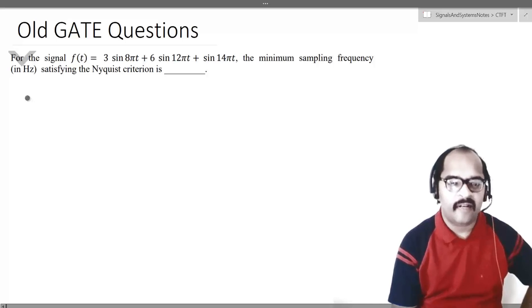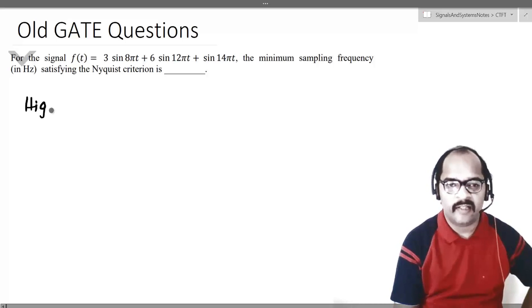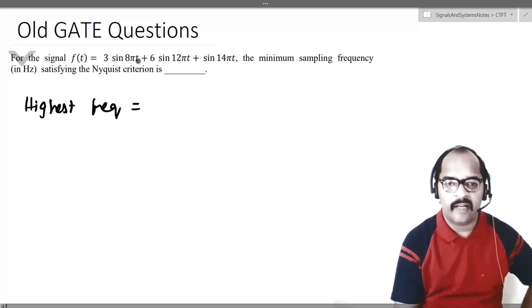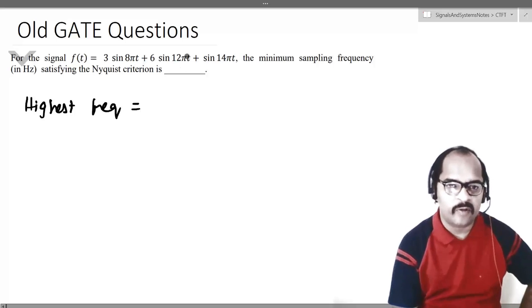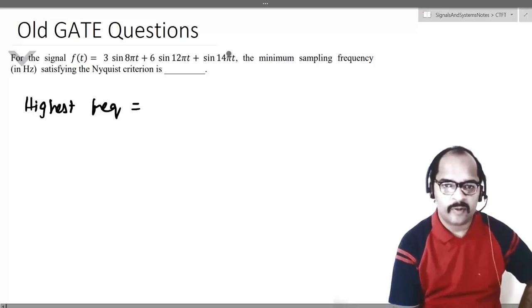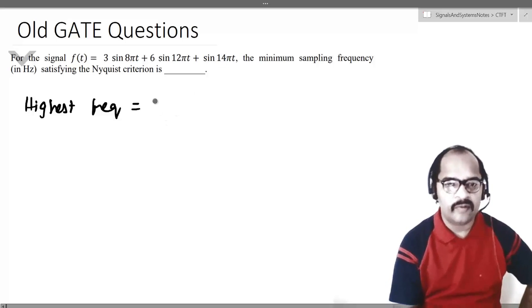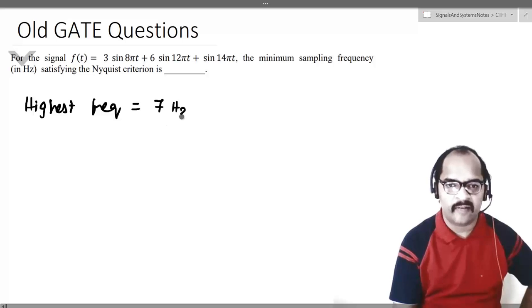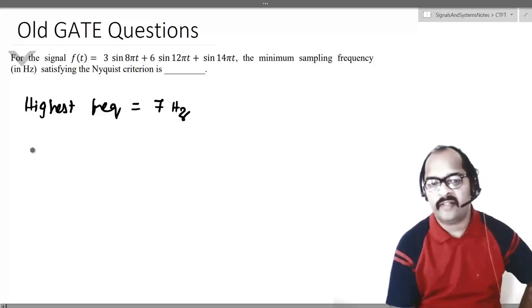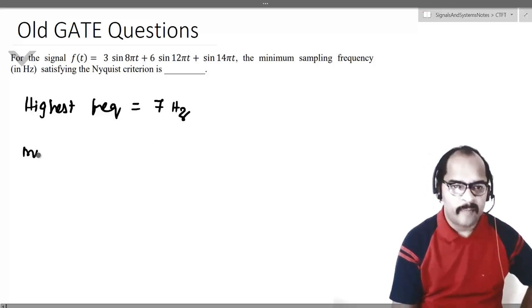Definitely, we need the highest frequency, and we will put it in hertz. So this term corresponds to 4 hertz, this corresponds to 6 hertz, and this corresponds to 7 hertz. So that is the highest frequency. The highest frequency is 7 hertz, and hence the minimum